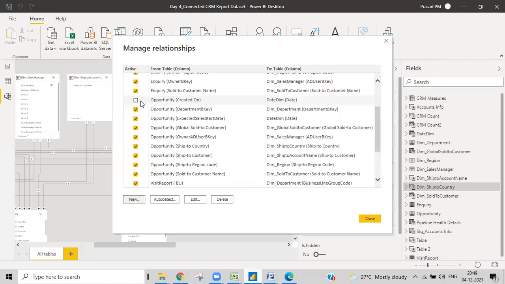So we give the relationship and make it inactive. We don't make it active. We can activate it on the go using functions like USERELATIONSHIP in DAX. That is an option.